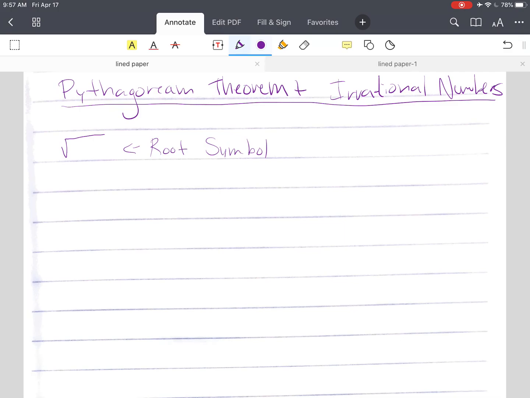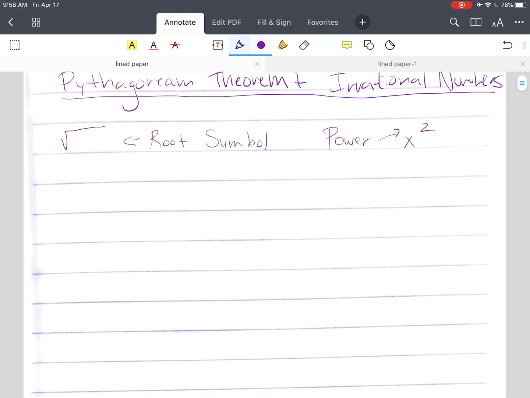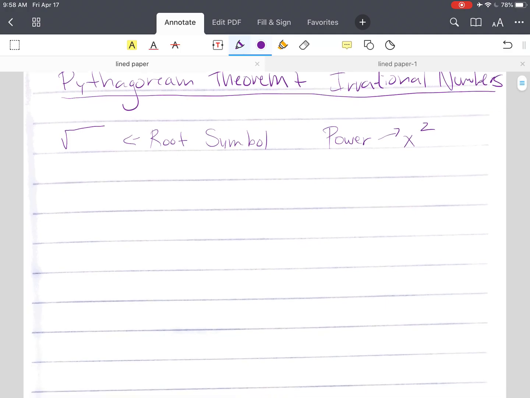And the opposite or the inverse of a root symbol is going to be the power, right? When you raise something to a power, something like squared, okay? So these are opposites of each other. Just letting you know. Okay? So first, let's look at